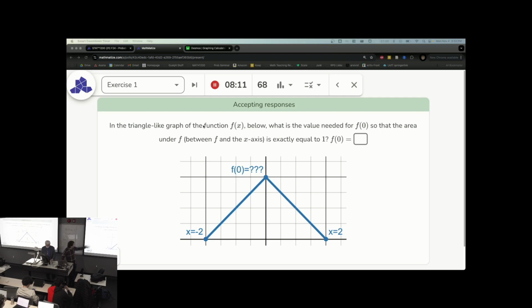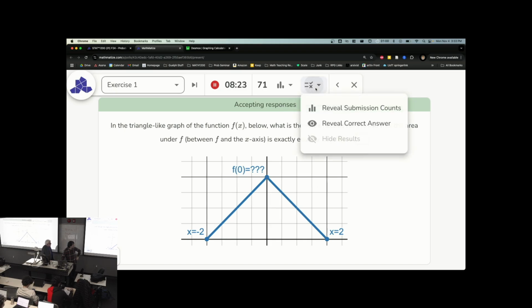Okay, so in the triangle-like graph of f below, what is the value needed for f of 0 so that the area under f between f and the x-axis is exactly equal to 1? What height of this triangle makes the area equal to 1? You guys said,